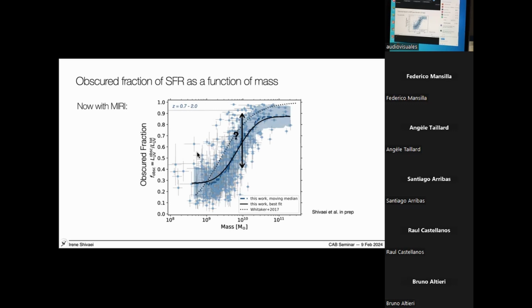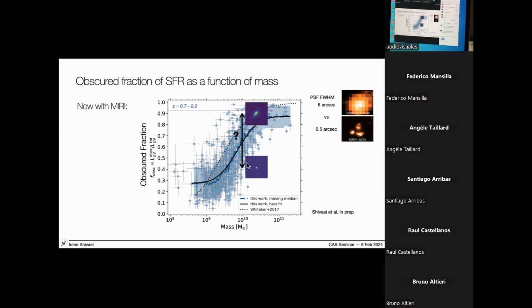So we looked at different secondary correlations to better understand it. And we found that there is a strong correlation with the size of galaxies. At a given mass, the galaxies with lower obscured fraction are also smaller compared to their counterparts with higher obscured fractions. Now, I want to pause here and remind you, this is the first time we can measure dust obscured sizes for these galaxies, which is representative of where the star formation is actually happening. Before this, all we had was shorter wavelength data, which does not show where the actual star formation is happening.